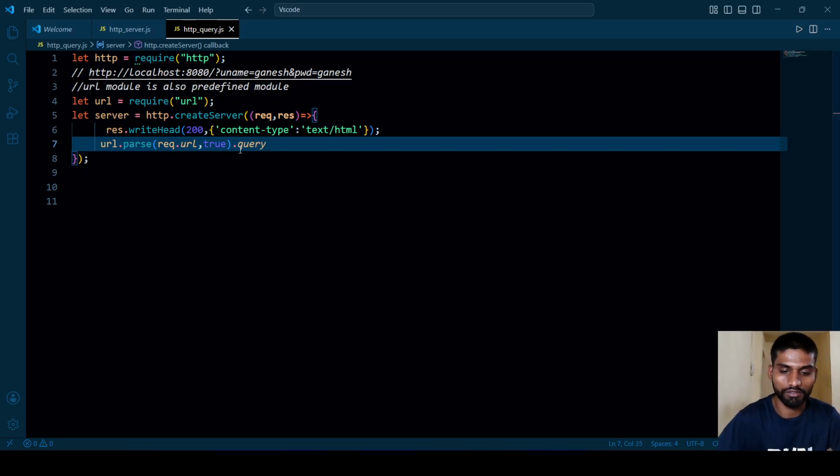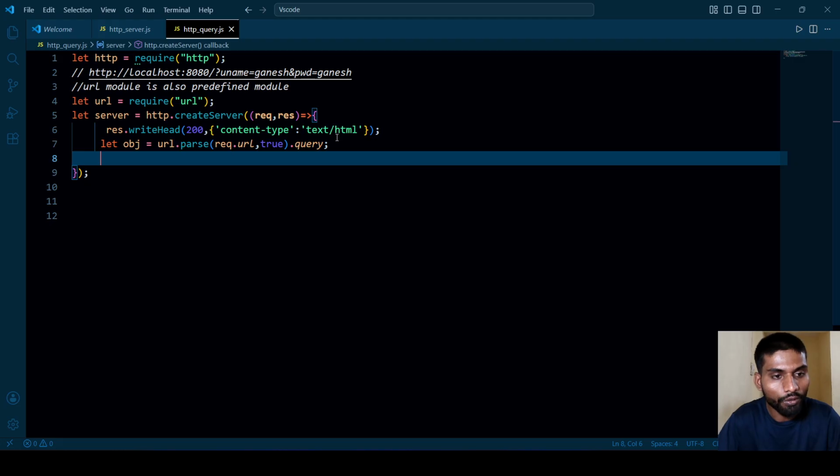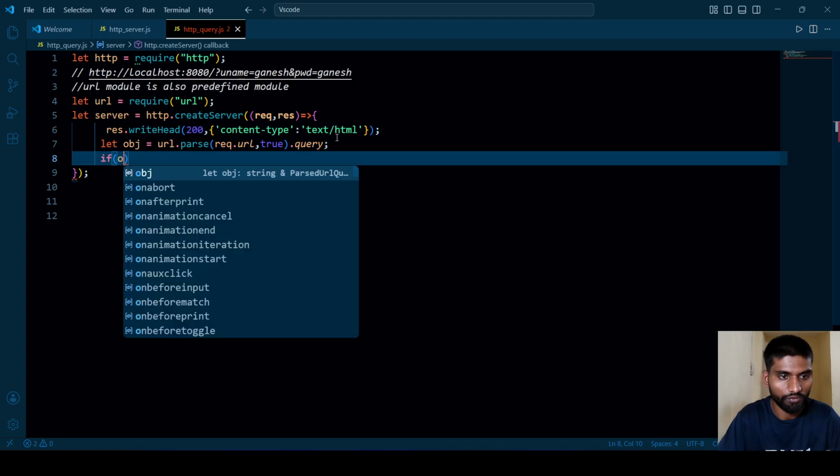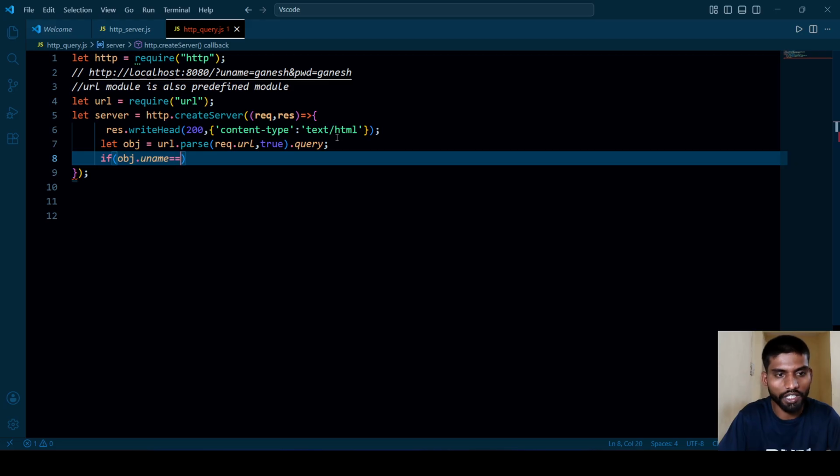Query. It will return one object. Let object. I want to check whether the object contains the same data that I expected or not. So if object.uname equal to Ganesh and object.pwd equal to Ganesh,